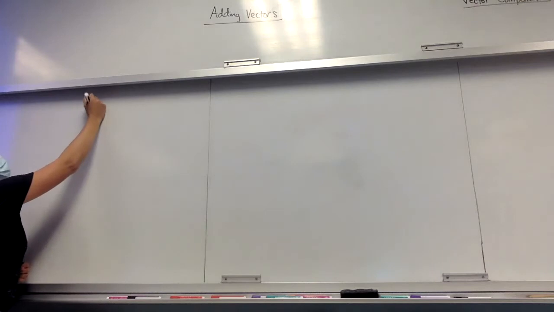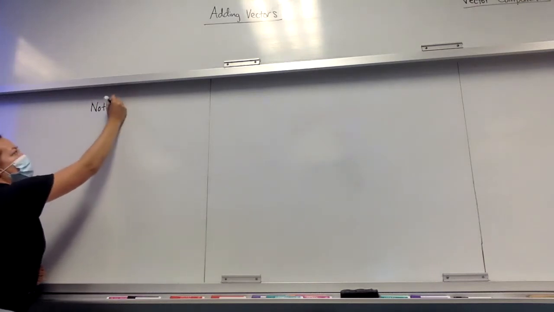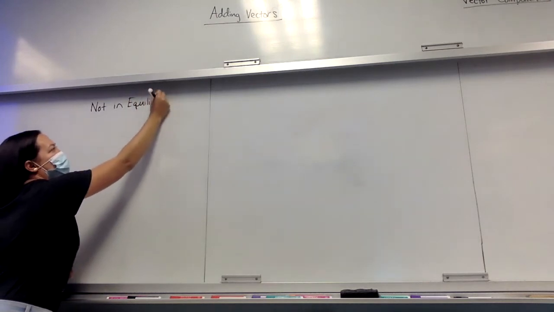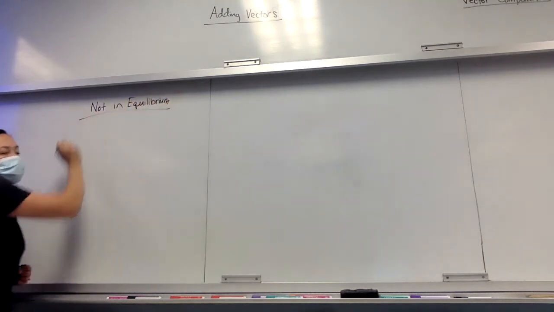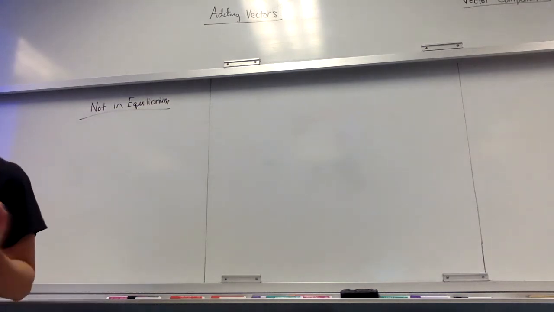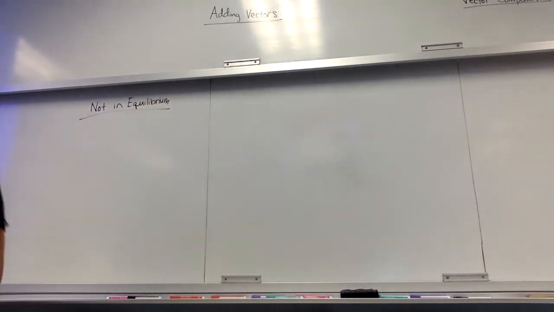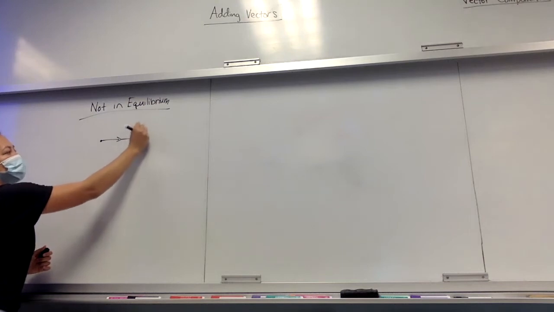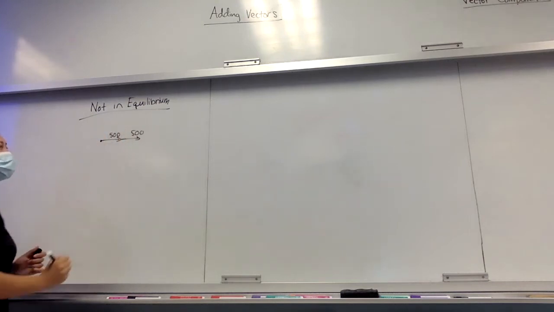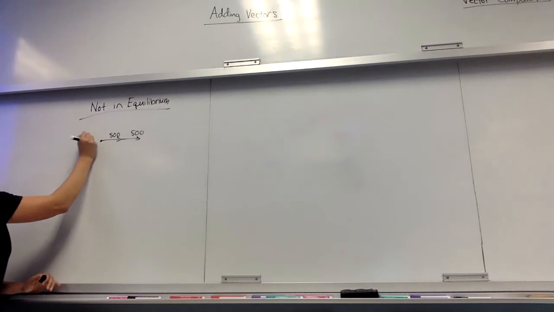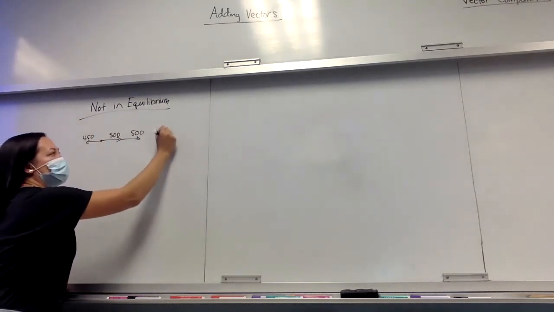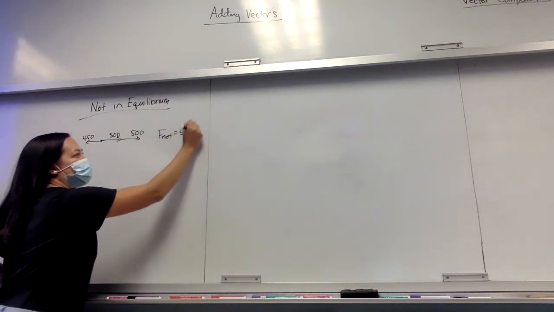So on one side, we have objects that are not in equilibrium. These are objects that have some sort of net force on them, kind of like we were practicing on the first few pages of the homework, where the net force might be down and to the right. You might push an object forward. Let's say it's the car problem. You might push the object forward with your friend, and friction acts backward. Because there is a net force, in this case 550 newtons to the right,